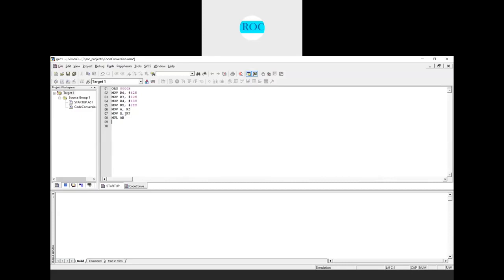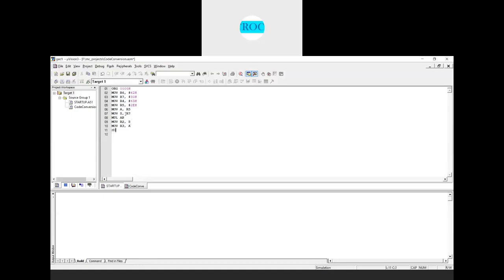Now whatever is the higher byte, that content I'll move into the register R2. As I said here, this higher byte needs to be added with the next multiplicand result we get. That's the reason I'm going to store this into one register, which is R2. Next, MOV R3, A. The lower byte content I'll store in R3.